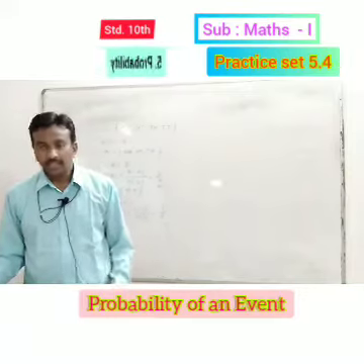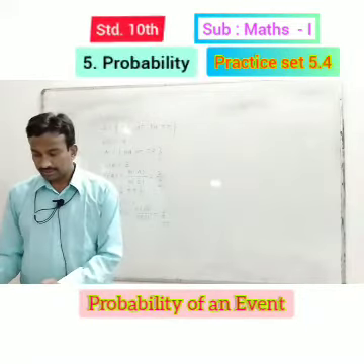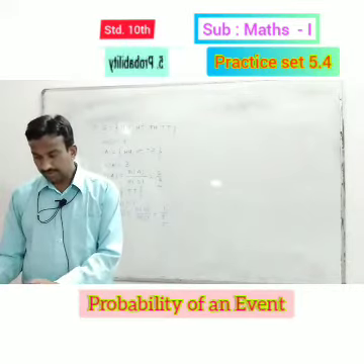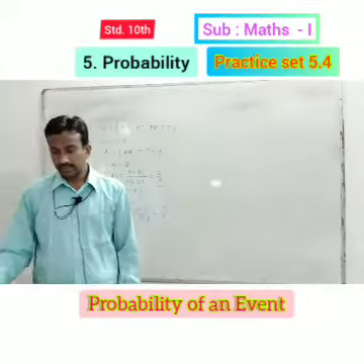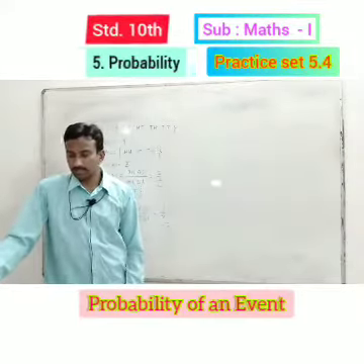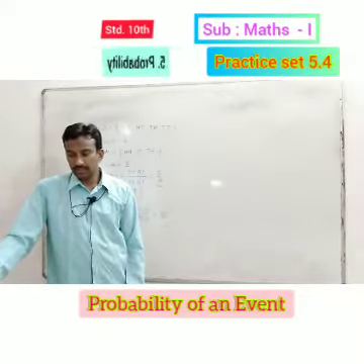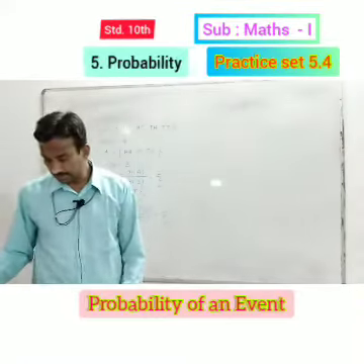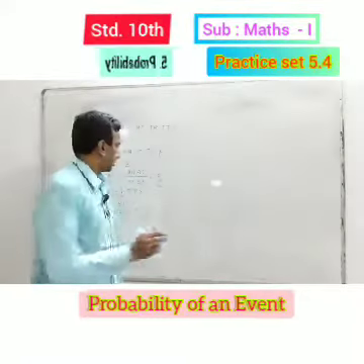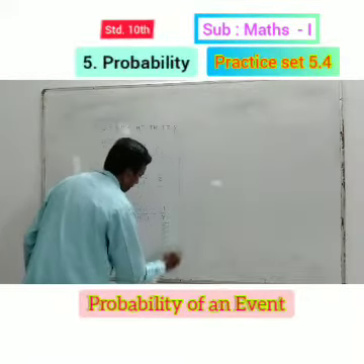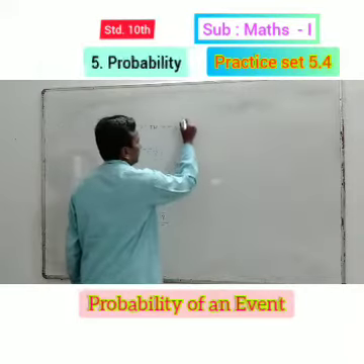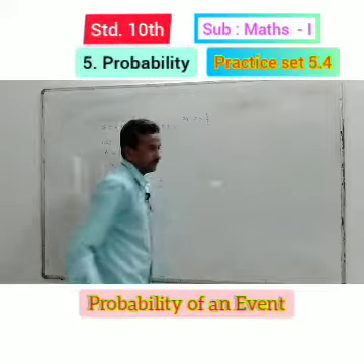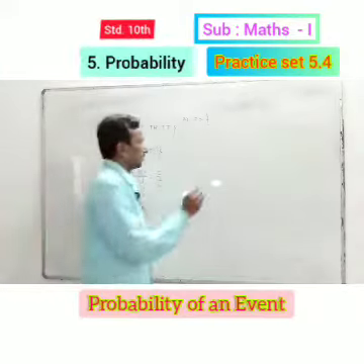Second example, if two dice are rolled simultaneously, find the probability of the following events. The sum of the digits on the upper faces is at least 10. The sum of the digits on the upper faces is 33. The digits on the first die is greater than the digits on the second die. Now, two dice are thrown simultaneously. Therefore, sample space is 6 6 are 36.